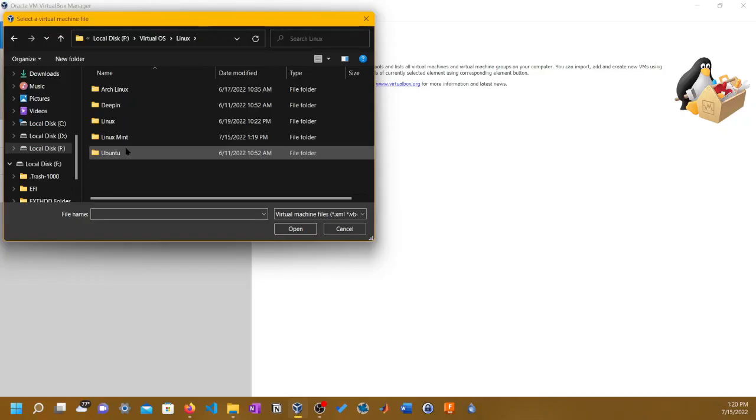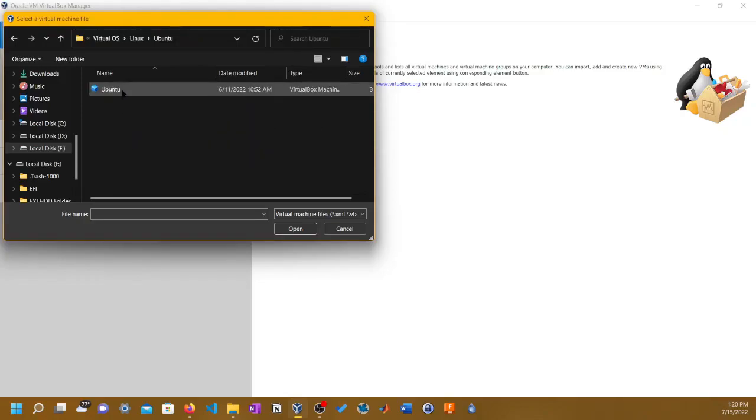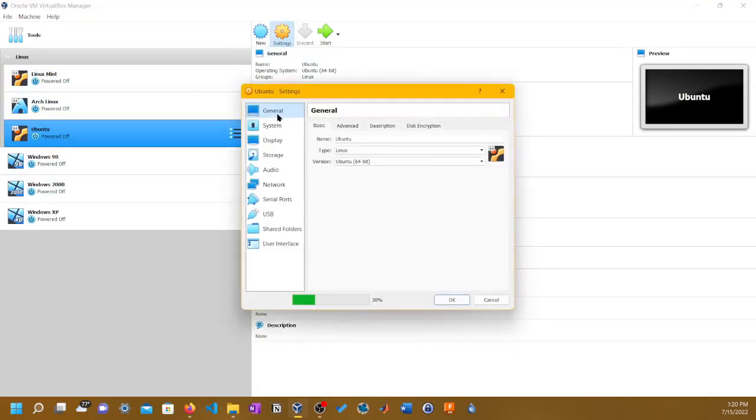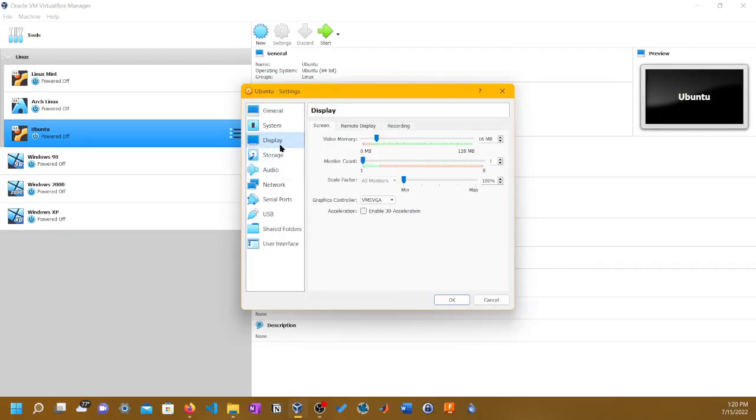And then yeah, let's do Ubuntu. And then go to settings. Gonna adjust it. So I guess video recording is taking a toll on the system. So yeah, let's not do recording.